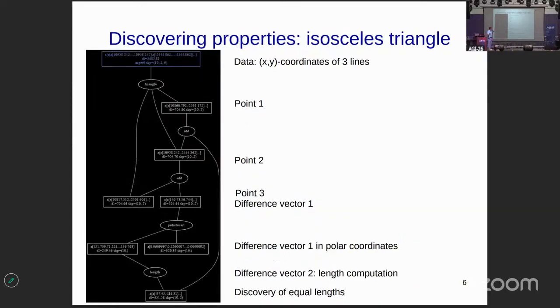And the same thing you can do with the isosceles triangle, where basically the same properties are discovered here, except that the angles are not all equal. So you have just two sides of equal lengths. That is what this discovers. And you can notice from the shape of the graph that the description of the isosceles triangle is already very similar to the equilateral one. And that gives you a hint that one is implied by the other.